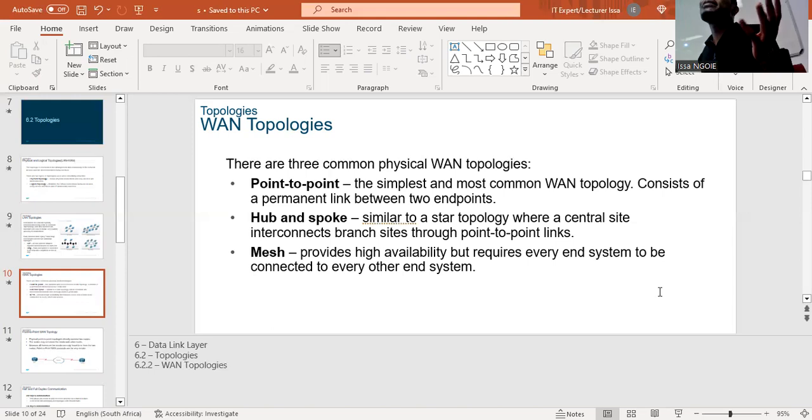They got multiple links. Why? Just to make sure that data will still be available. But the problem with multiple links is what? The problem with multiple links, it's a cost, money, right? This is the main issue with this mesh topology. It's the costs. You have to put budgets for you to implement this technology, but it's required, especially when you